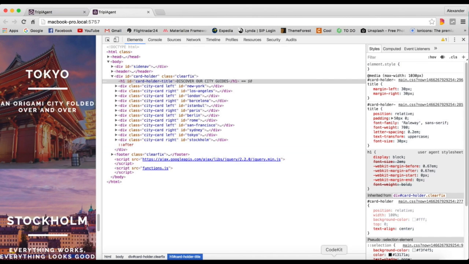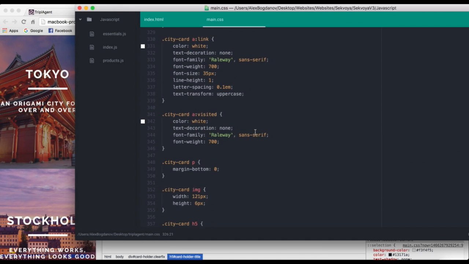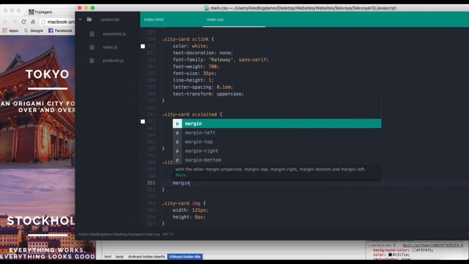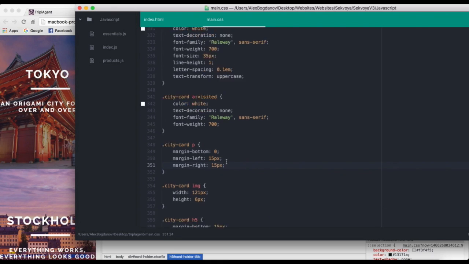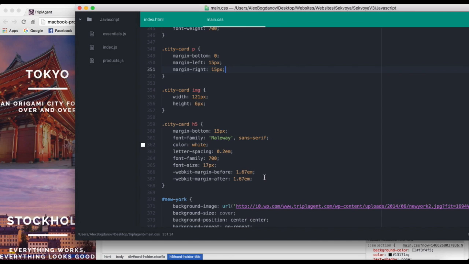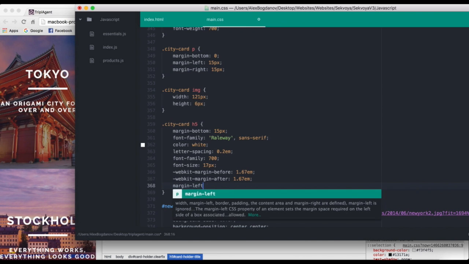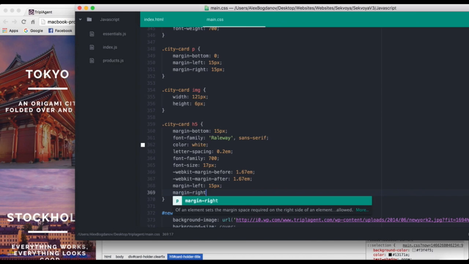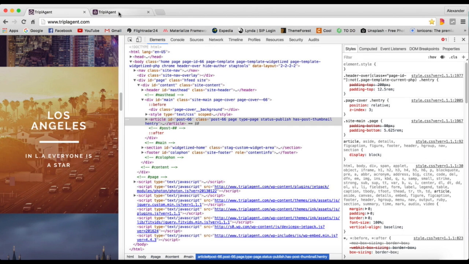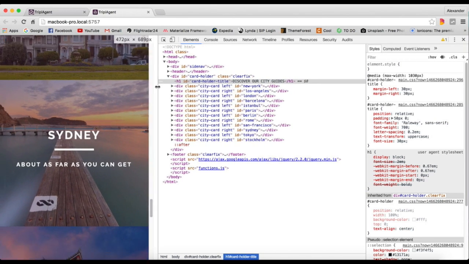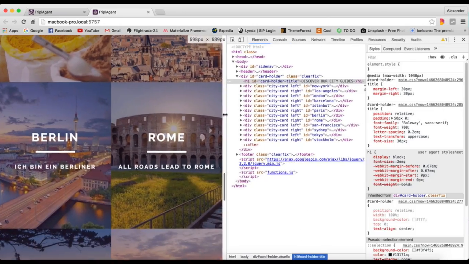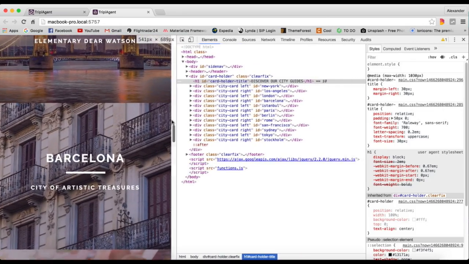Alright, so I'm not going to change anything here. Maybe I could add city card P with a margin left of 15 pixels and a margin right of 15 pixels. Same thing here. Margin left 15 pixels, margin right 15 pixels. Now let's check it out. Okay, so it collapses, and now